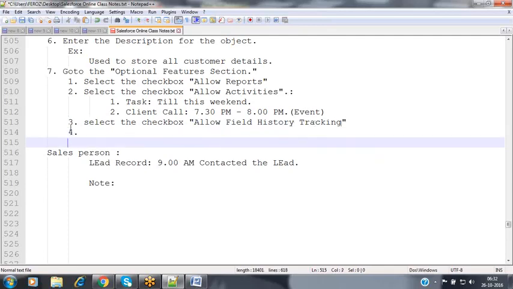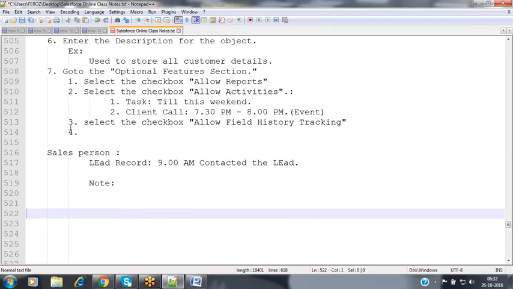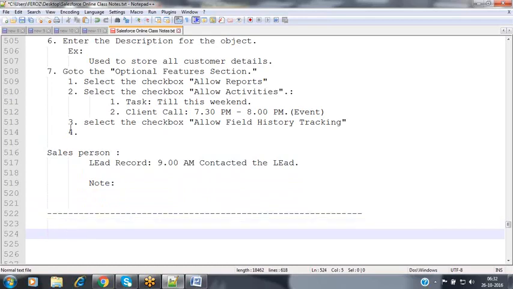Assume that I have created a table, nothing but an object. So now this is my object available here. In this object, I'm storing some information about loan application forms.